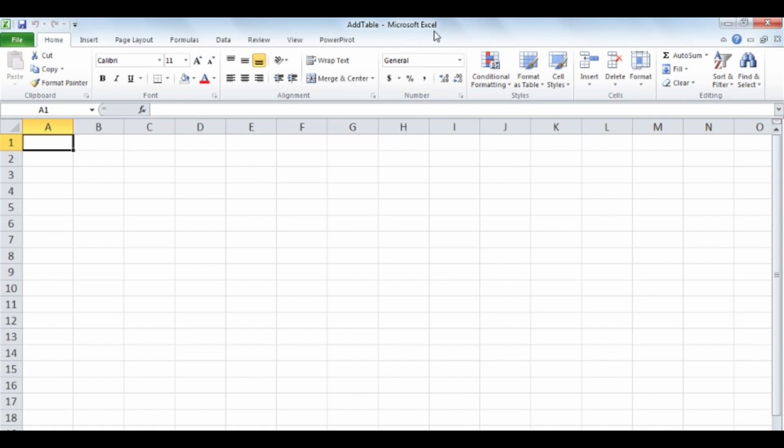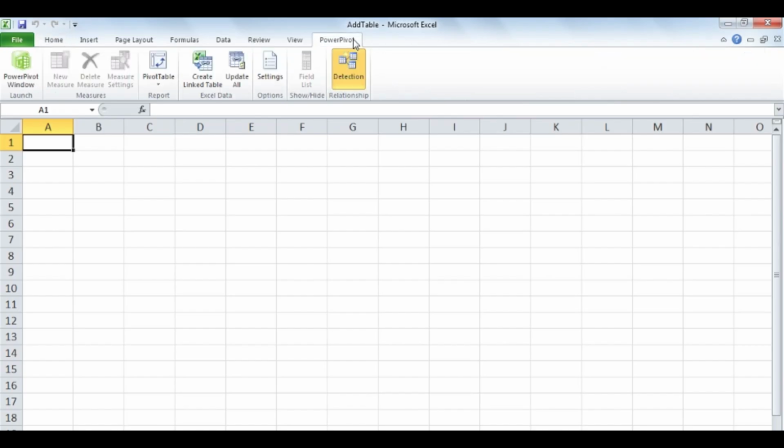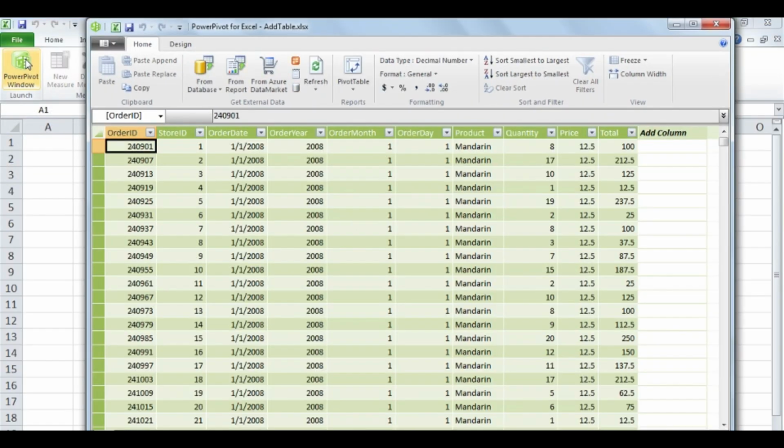So to start out, I'll open Power Pivot. And to do that, I'll click the Power Pivot tab on the ribbon and then click the Power Pivot window button. Now to bring my new data into Power Pivot, I will need to import it, and in this case, the data that I want to bring in is in an Access database. So I will click the From Database button on the Home tab of the Power Pivot window,